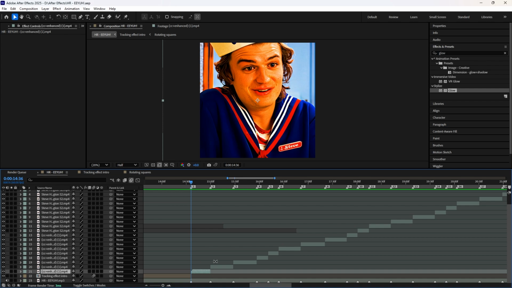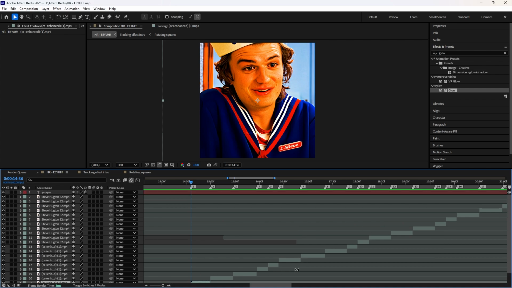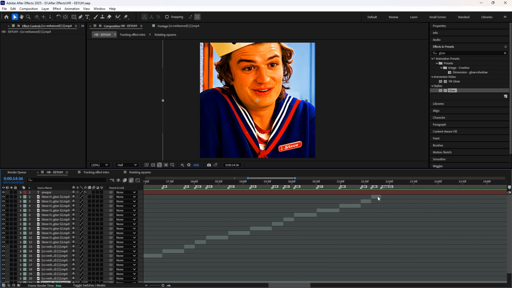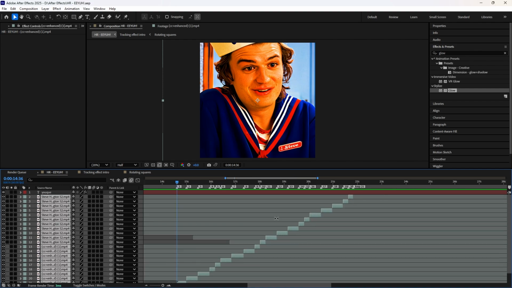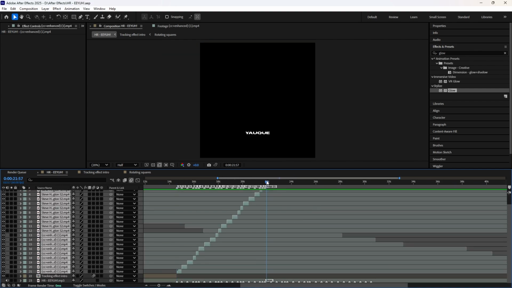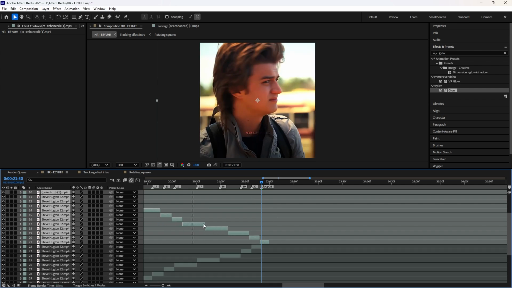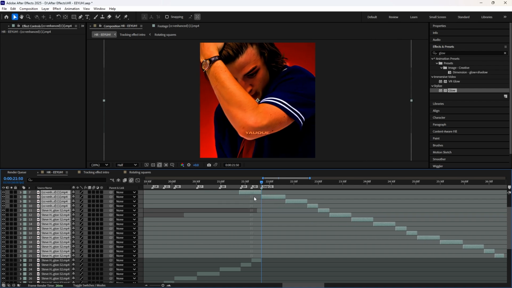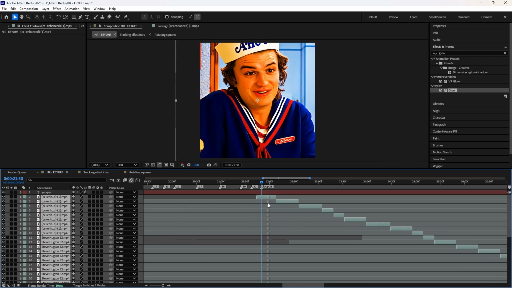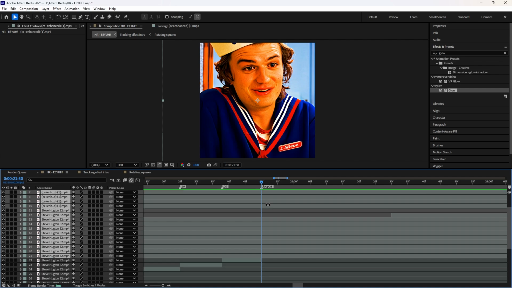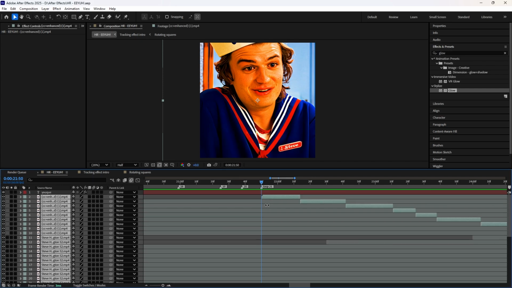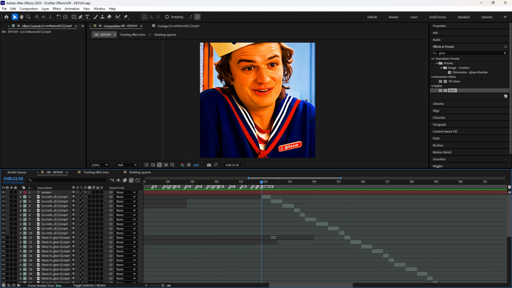So what you want to do for that is just press the first clip and then go all the way to the last one, and then hold shift and press it. Then you have everything highlighted. Then I'm gonna go to the exact frame where it ends, so that will be this one, and then press Ctrl C, Ctrl V, and then drag everything over. And then it should be on the right frame. And now just watch it to be sure, and in this case it doesn't really matter that it's like this,